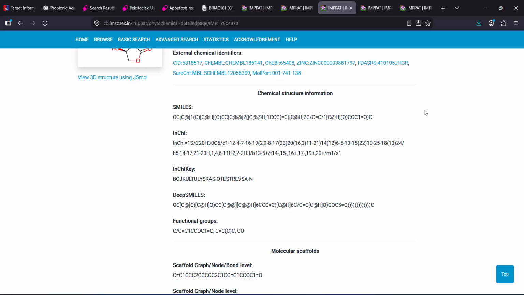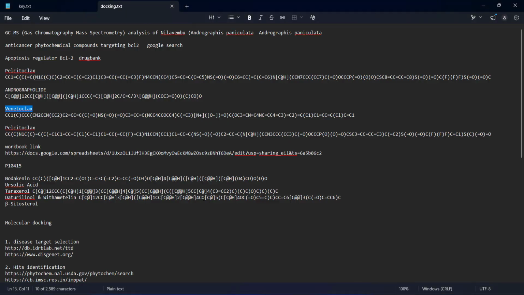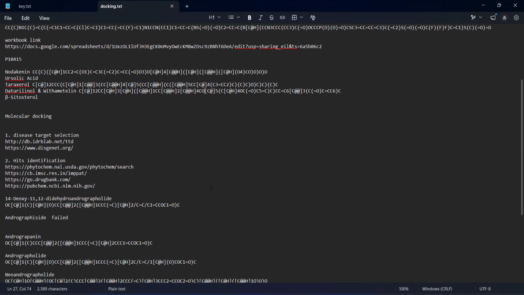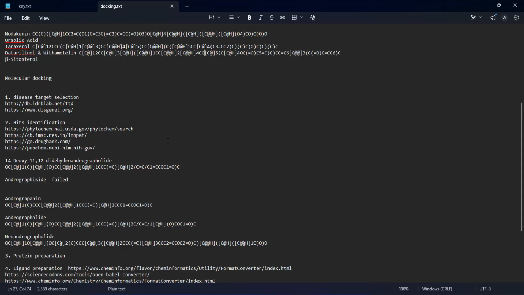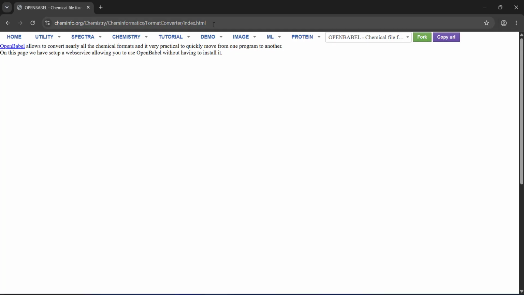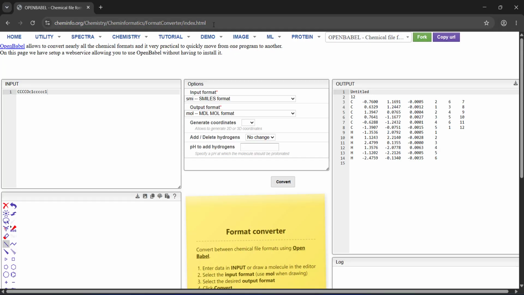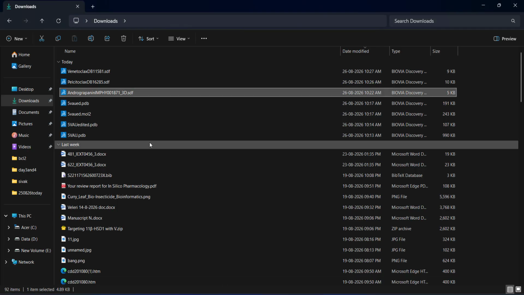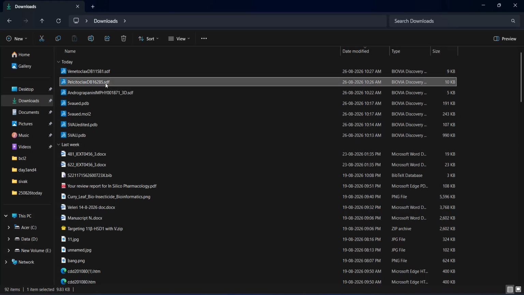For that purpose we will use Open Babel. Open Babel is an online tool which is available. We can also download the software and install it. But we will use this particular Open Babel server. Okay, so how to convert the SDF format? We have to open this SDF file